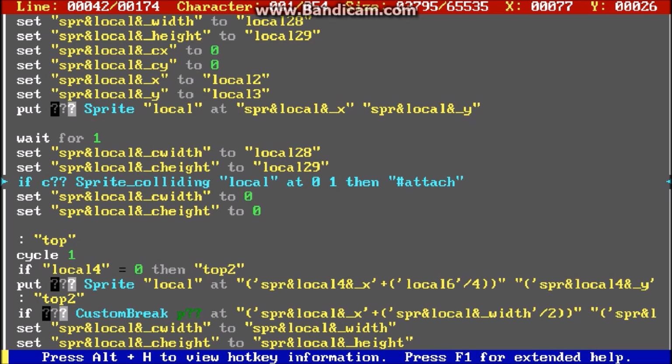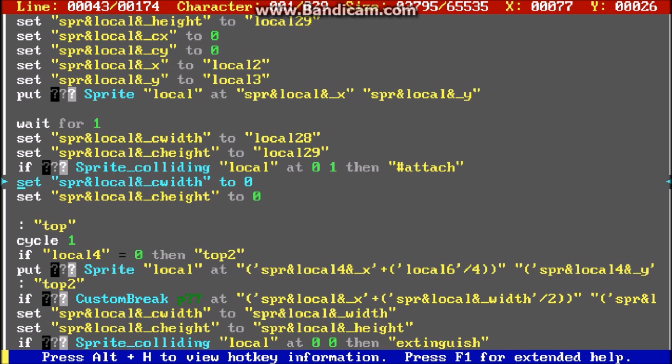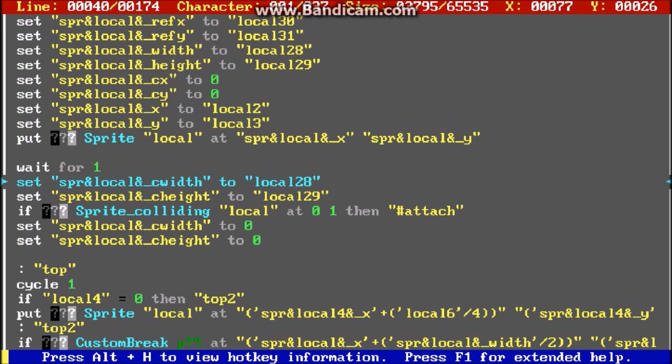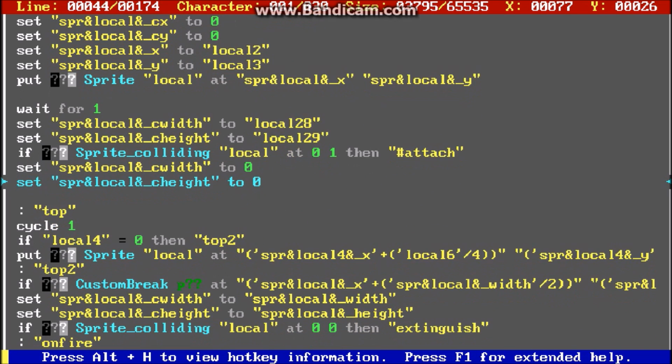If the fire sprite is colliding with anything, and if it is, it goes to a label, and if it's not, it switches the collision width and the collision height back to 0 within the same cycle before the cycle ends. And so that way the robot that is running the fire sprite is able to check for collision, but no other sprites on board are able to collide with that sprite, because